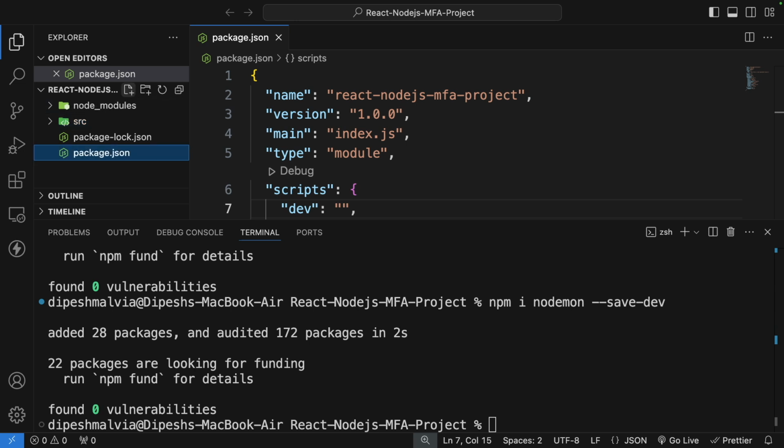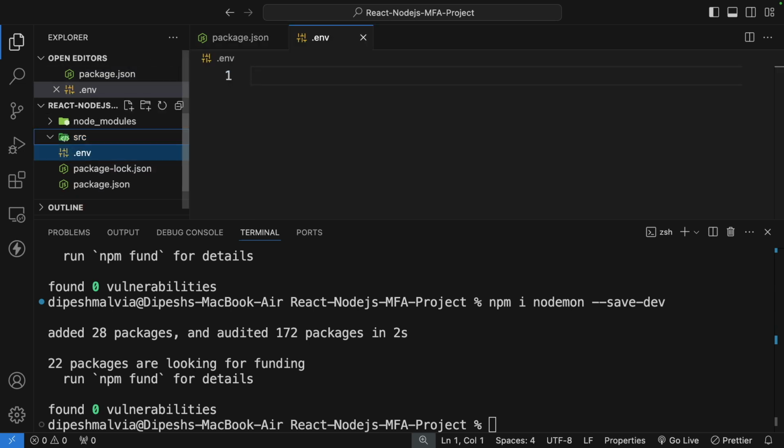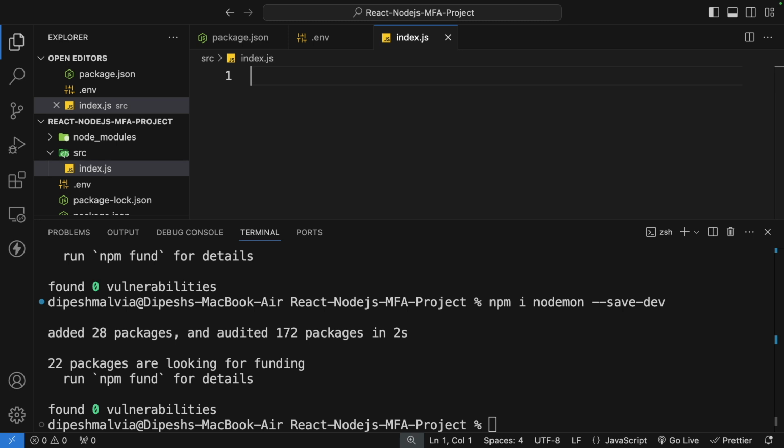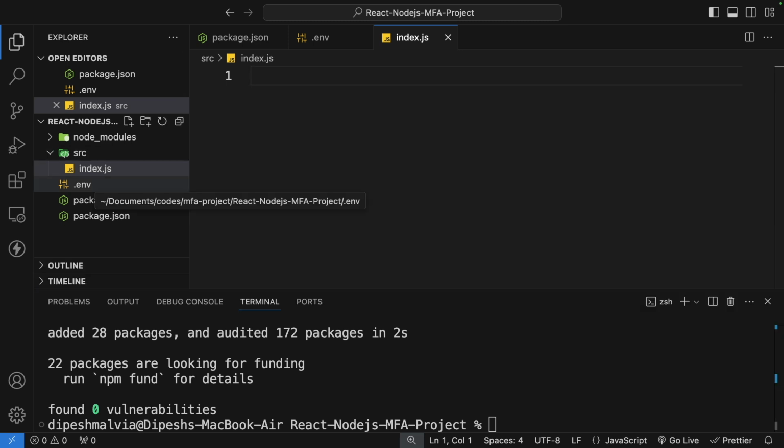Along with that, we also create a .env file which will hold our environment variables. Now in the source folder, I'm going to create the index.js. All right, and now since we have the index.js here, we can create our simple Express server. But before we do our Express server, I want to give you a bit of an idea about